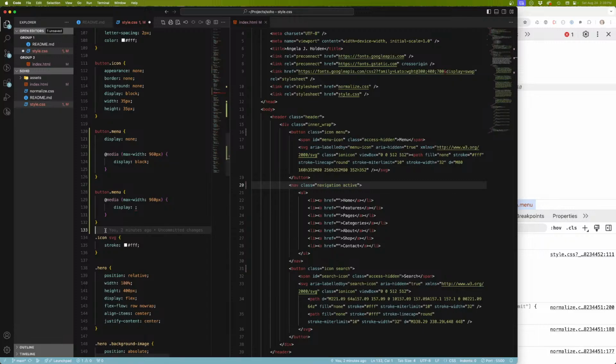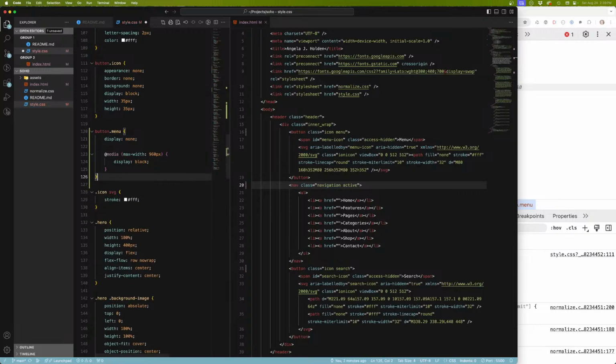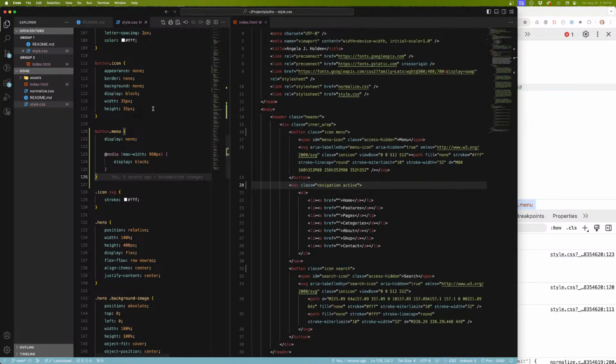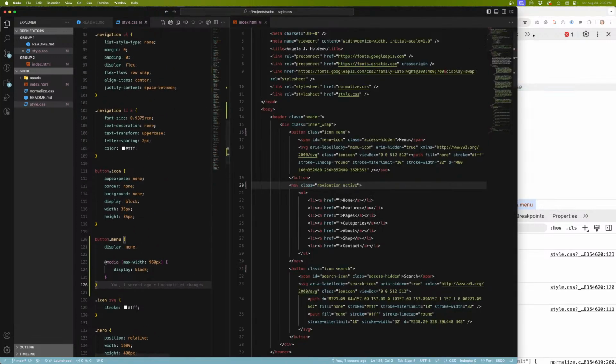I also need the button to have an active class. Okay, I think I'm not going to worry about this right now. Eventually, I think that button is also going to need an active class, but maybe it doesn't. Maybe it doesn't. All right, we'll come back to that. For now, though,